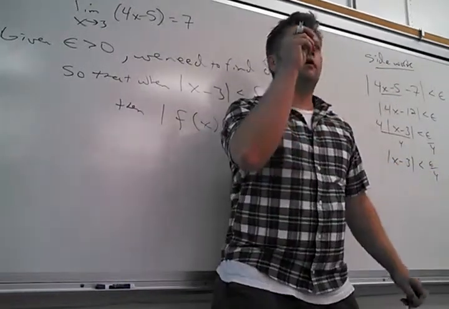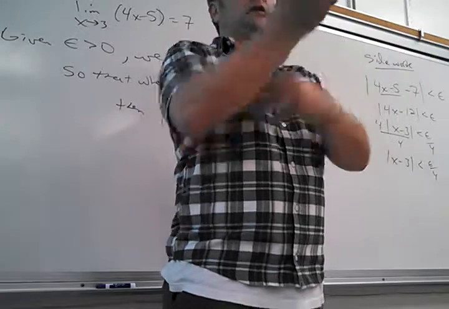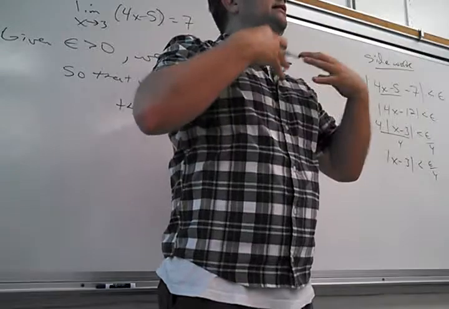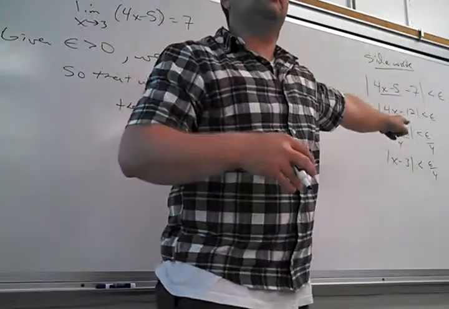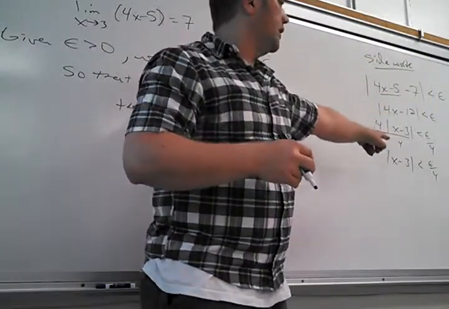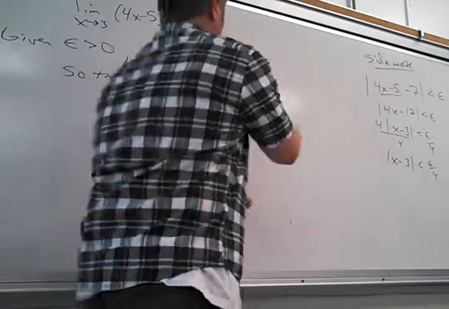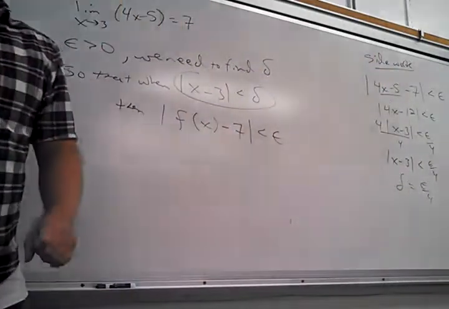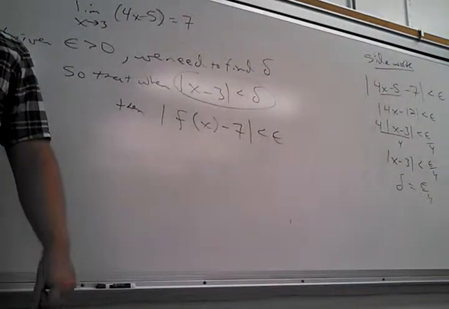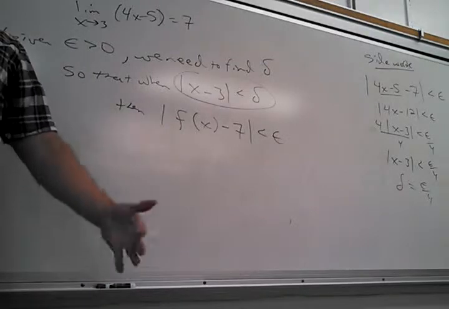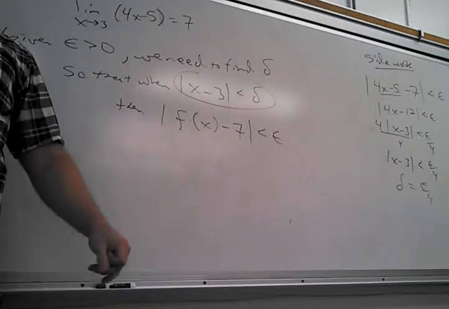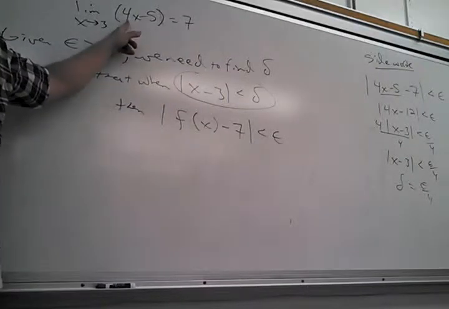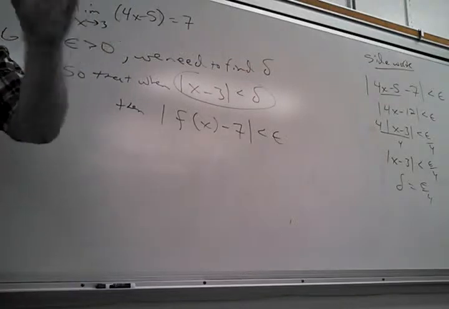And notice, if somebody's able to come over and just say, I want epsilon to be 1,000,000 now. I want epsilon to be 1,000,000,000. Oh, screw you. Right? My delta almost has to be dependent on epsilon. What do I want to let delta equal? Epsilon over 4. So if I let delta equal epsilon over 4, I'm golden. And it's kind of like, well, duh, the slope is 4, so whatever I plug in has got to be 1/4 of what I really want it to end up to be. So if I had a 5x minus 5 there, you just make delta epsilon over 5. So be careful about that, though.